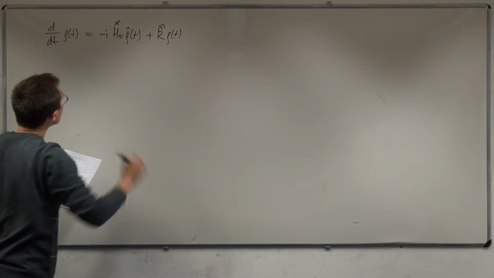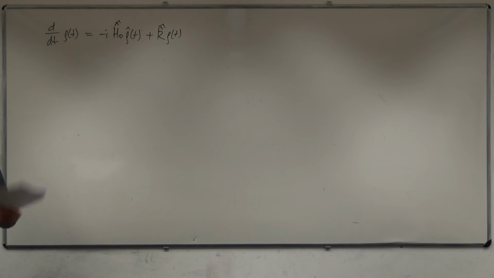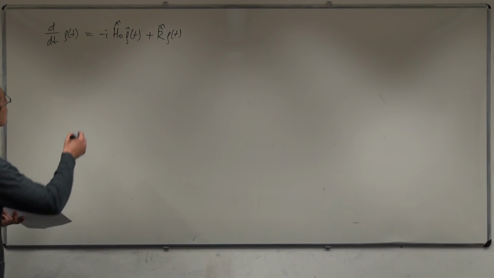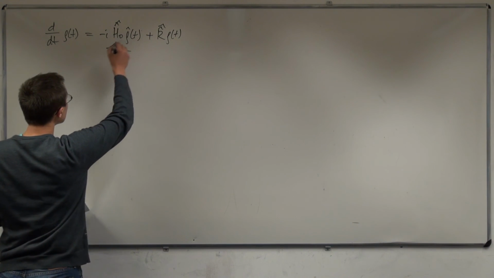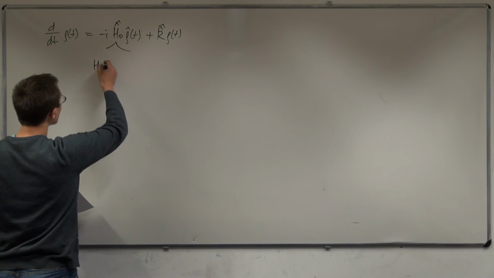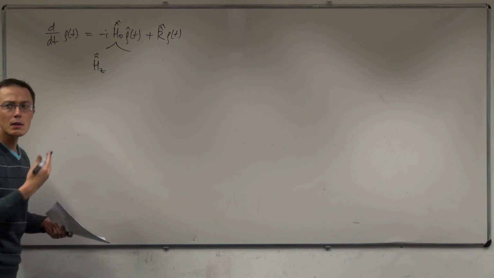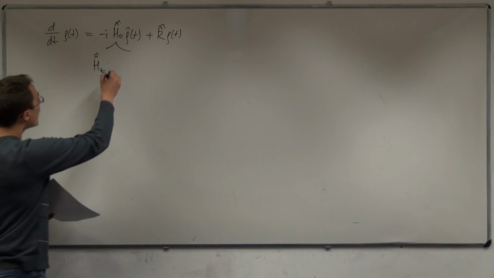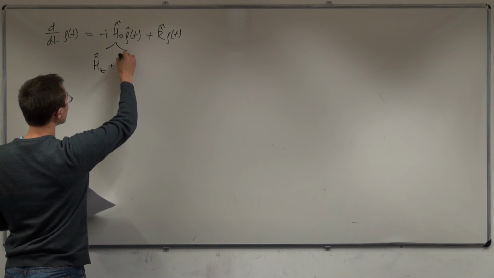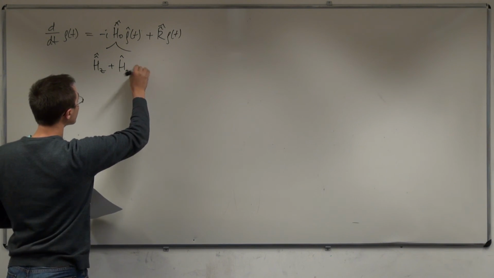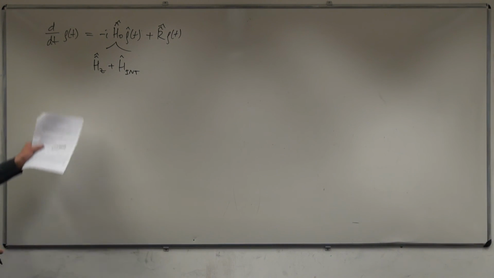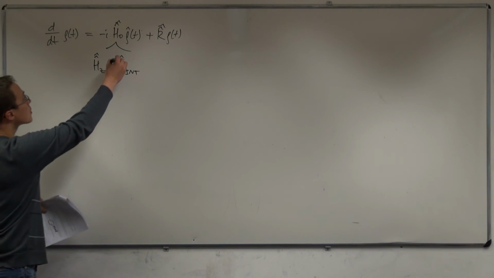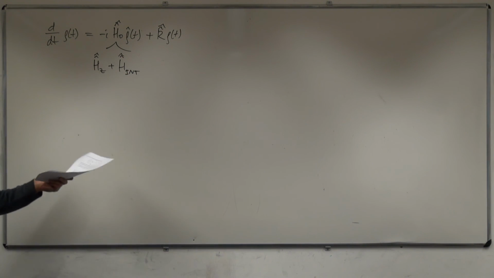Let's take a closer look at h naught. It's a static interaction operator, stuff that doesn't depend on orientation, but it has the Zeeman part, which we would want to get rid of. It's very big but very simple, and it has the interaction part in it, h int. And we would ideally like to perform the rotating frame transformation with respect to the Zeeman interaction to get rid